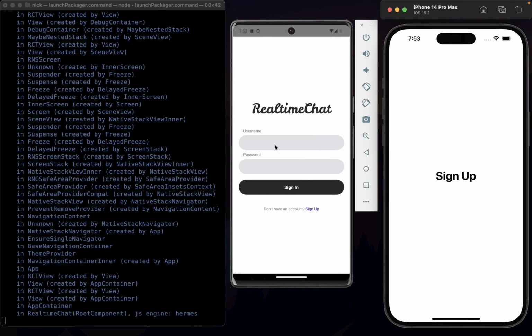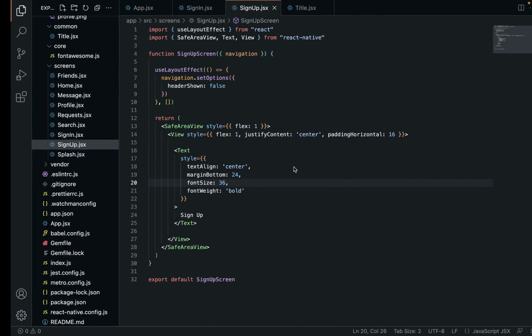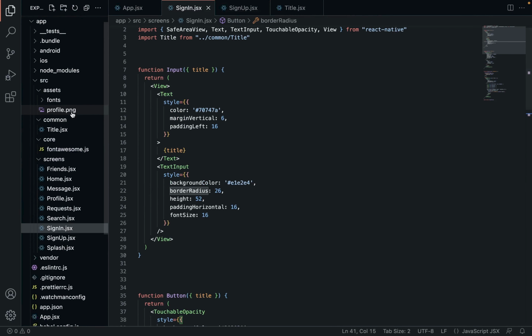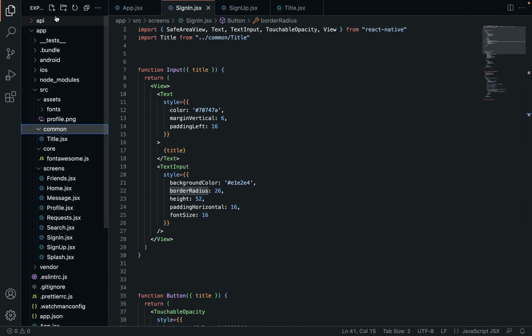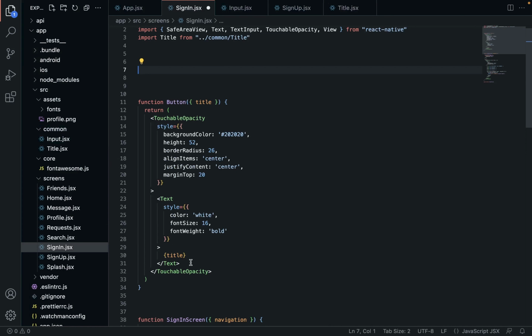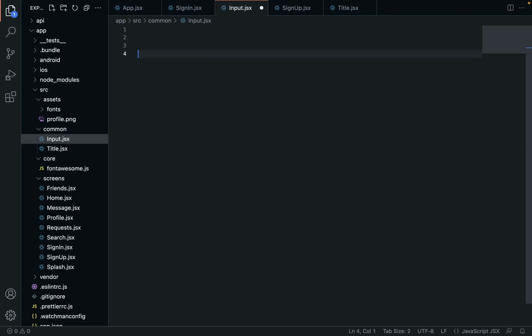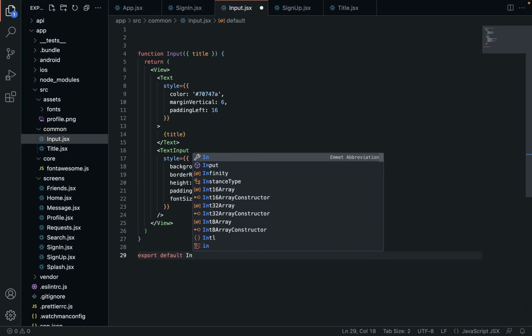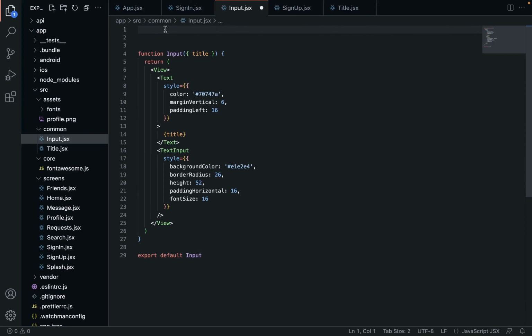And now we're going to reuse these same inputs. We're not going to recreate them. So in our sign in, we created input and we created button, we're going to move them into the common section. So we're going to use these in multiple locations. So I'm going to create one called input.jsx. I'm just going to cut that out, go over to input, paste that straight in, export default input, and we're going to make sure that we